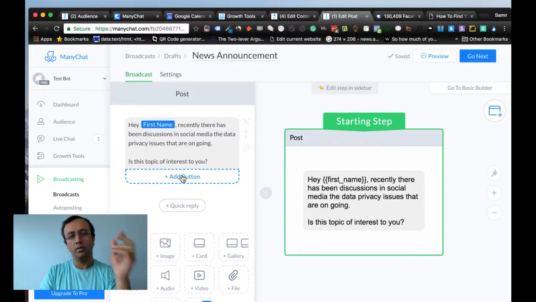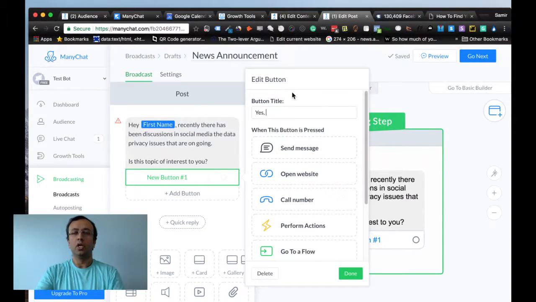And I'm going to add, so I'm asking a question and I'm giving them two possible responses, yes and no, right? Hopefully, if you've been following other videos, then you know that for each message that the bot sends out, the bot always tries to provide a mechanism where the user can respond in the form of either buttons or text input.